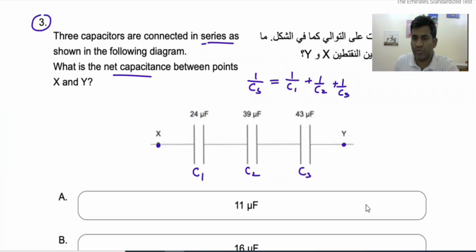You just need to substitute their values. 1 by Cs equals 1 divided by the value of the first capacitor, 24 microfarad, plus 1 by 39 microfarad, plus 1 by 43 microfarad. If you insert the values as it is in the calculator, you'll get 1 by Cs equals